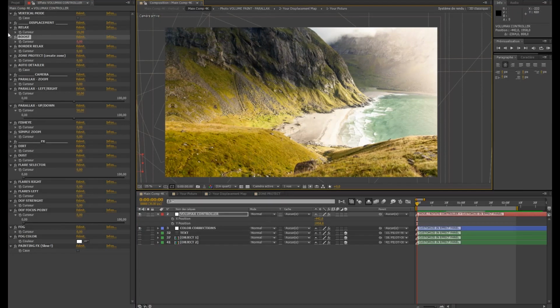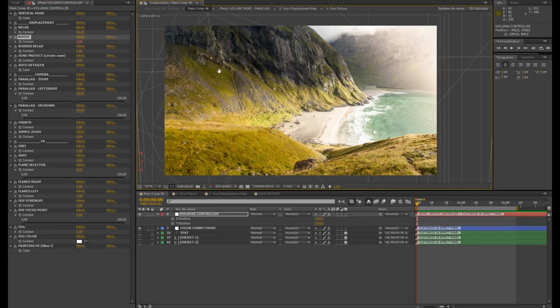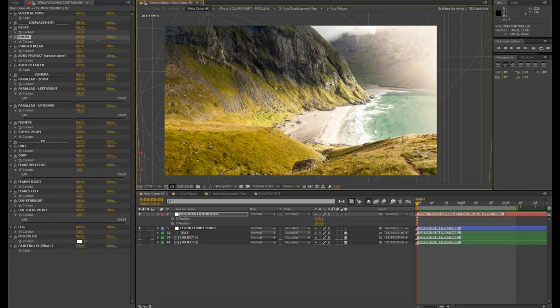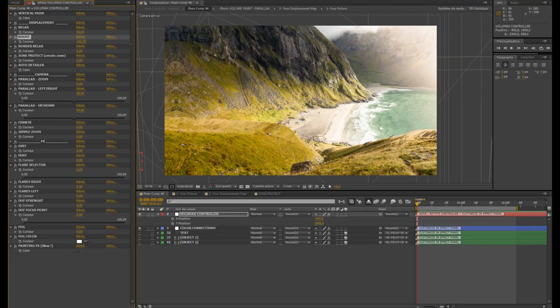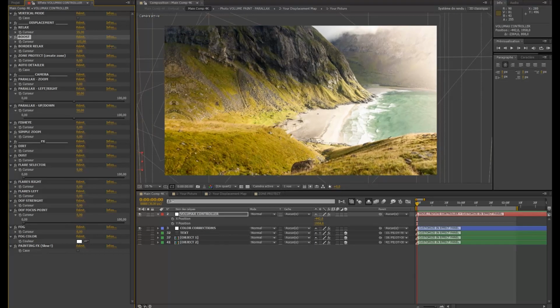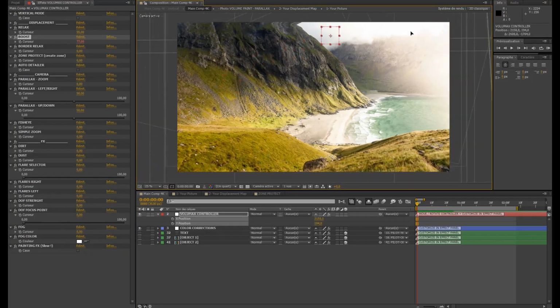So the boost is well named. It's just going to add contrast and do some work on your displacement map. It's not just going to do a contrast. It's also going to make the displacement effect applied on your picture more intense and contrast your map. So you can sometimes go very far in some pictures, not too far like this, but here I think I can go just like this. And now you're going to see that the 3D impression is going to be really strong